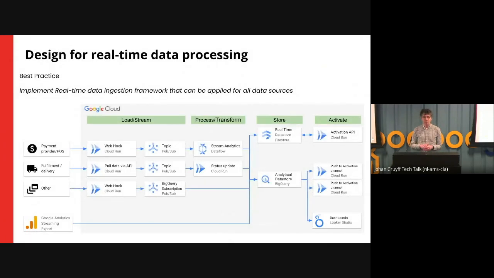As part of this best practice, it is important how you implement it, and this is of course mainly for a headless CDP, but for package CDPs this can also be applicable because you need to bring data to your package CDP if that's the case. So really build an ingestion framework that is repeatable and scalable so that you can handle the real-time ingestion of all your data sources in a similar way. And an example